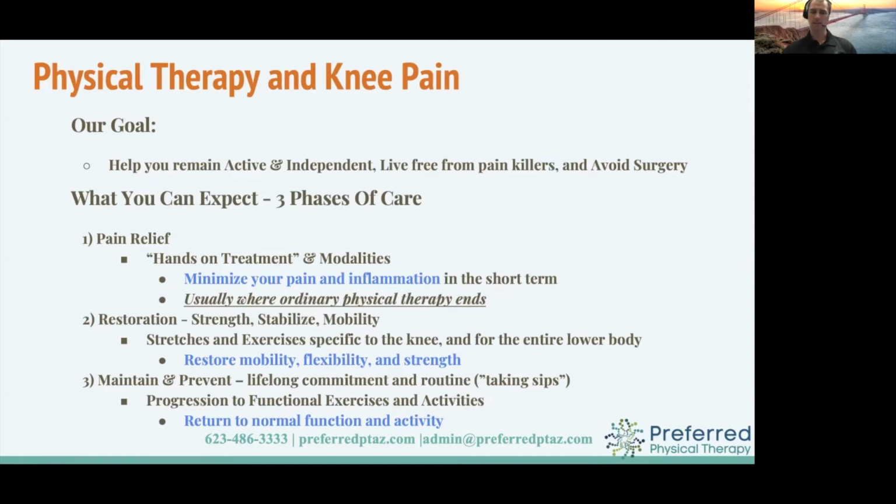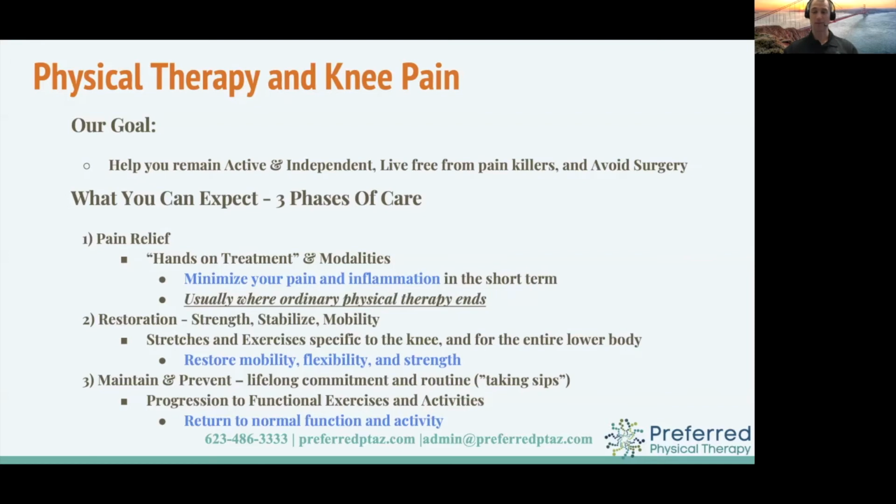And sadly, that's typically where physical therapy ends for a lot of folks, because they are trapped either by the number of visits allowed by their insurance, or the fact that, hey, I'm feeling better, I'm done. And just like when you're taking pills or have an injection, just because the pain is gone doesn't mean that the condition is over or gone. In fact, just the opposite.